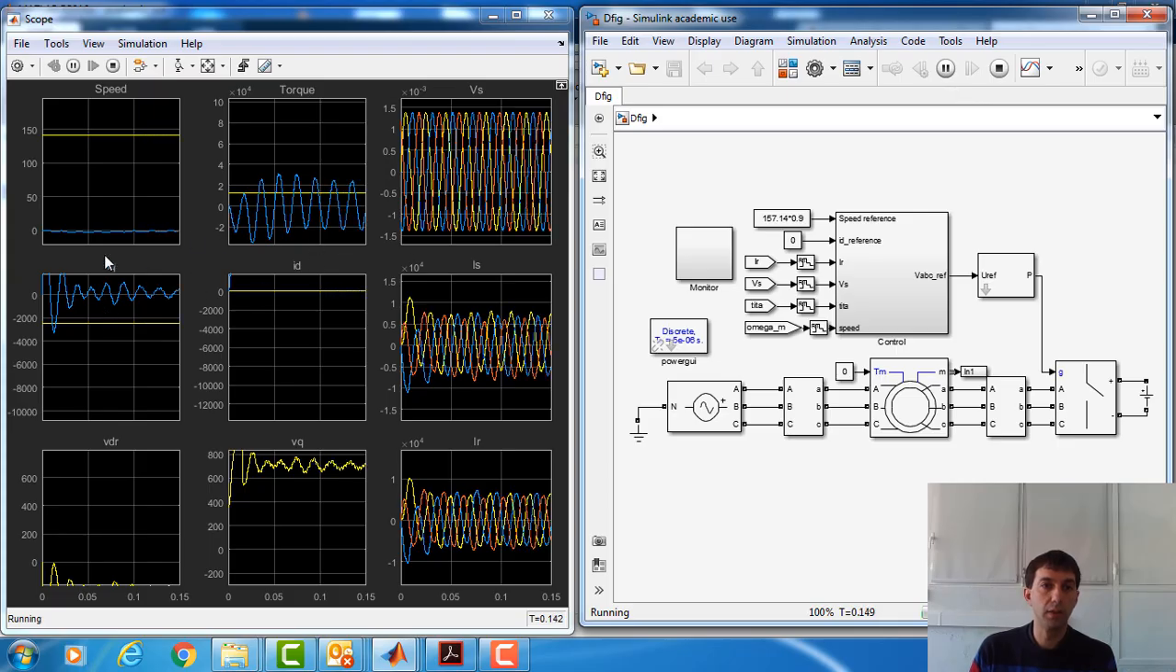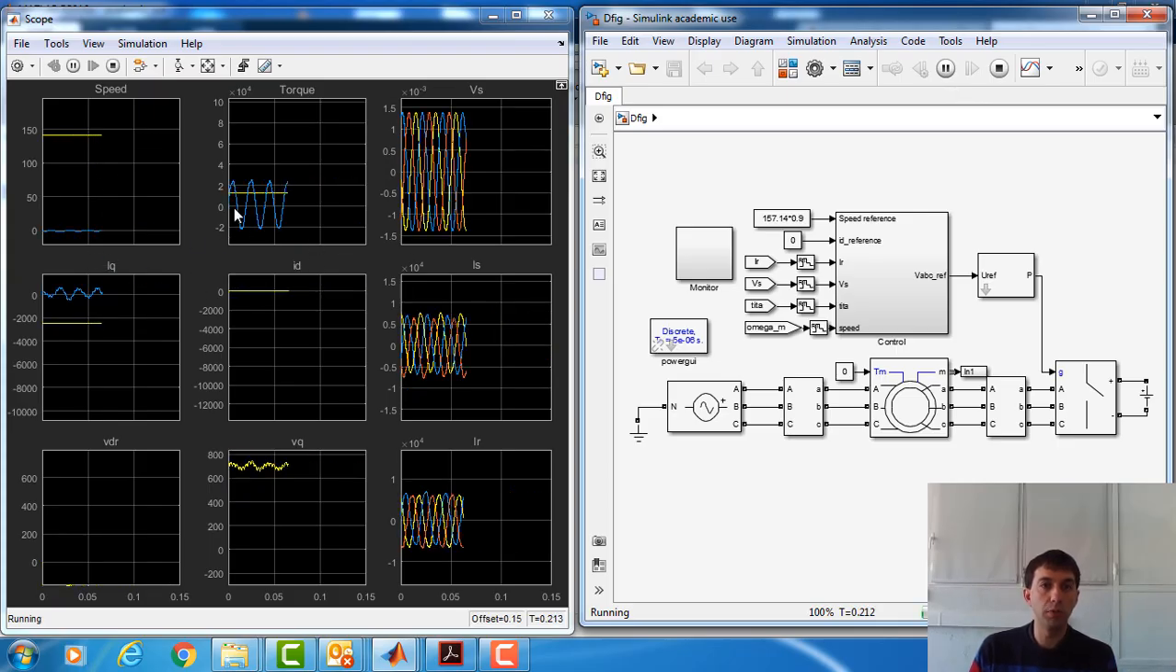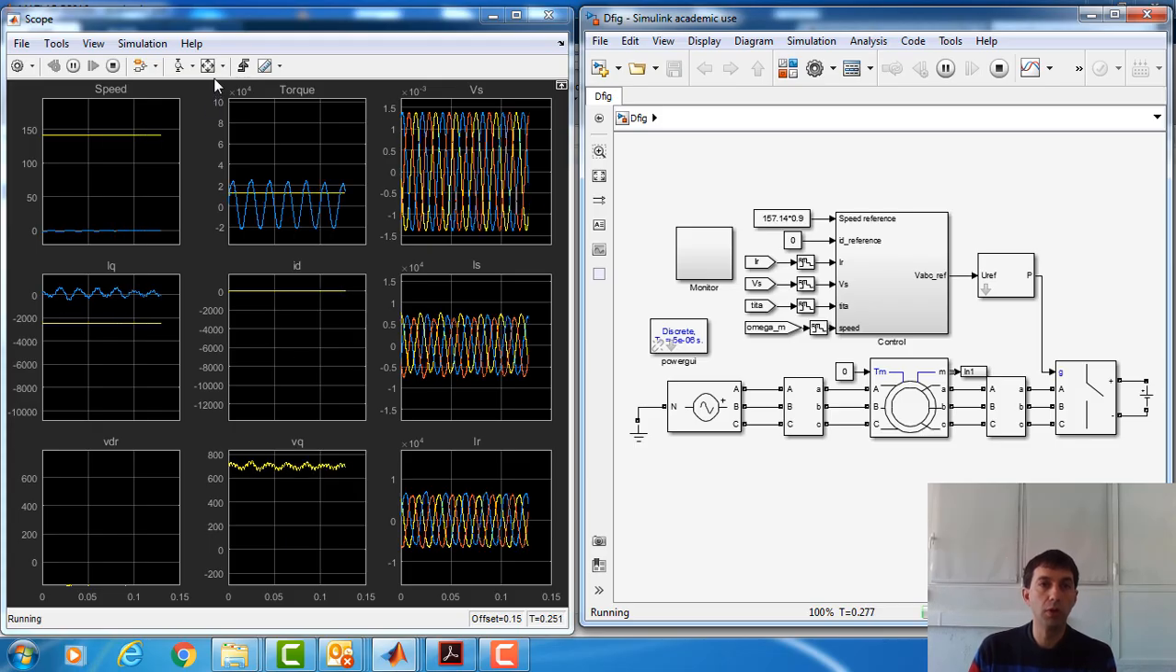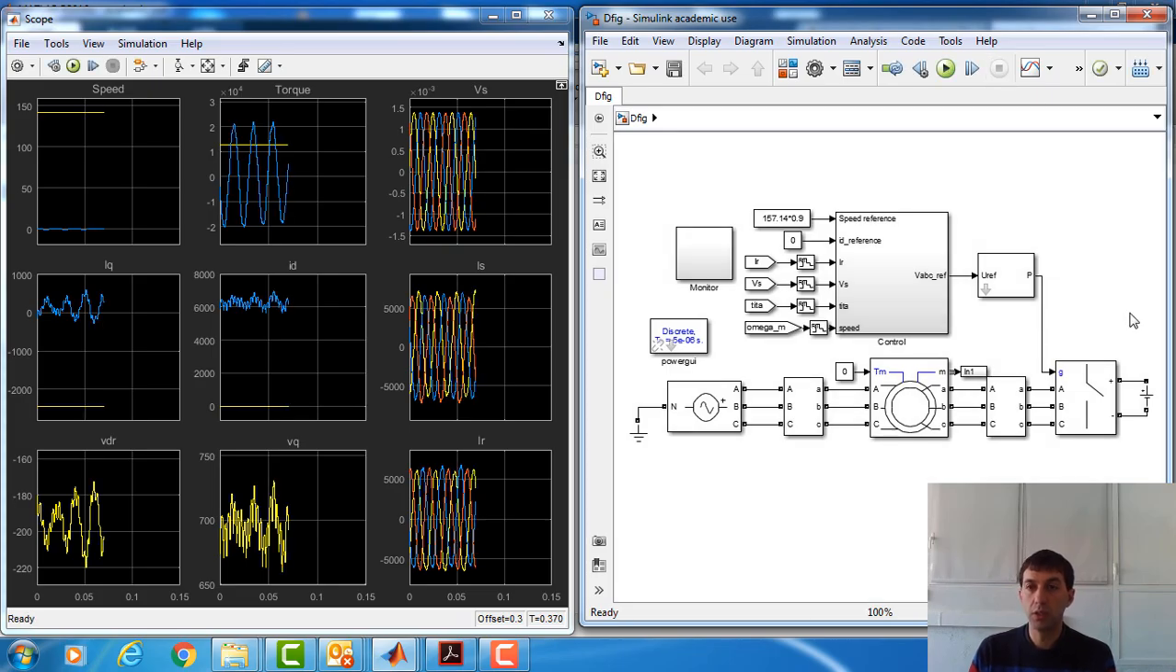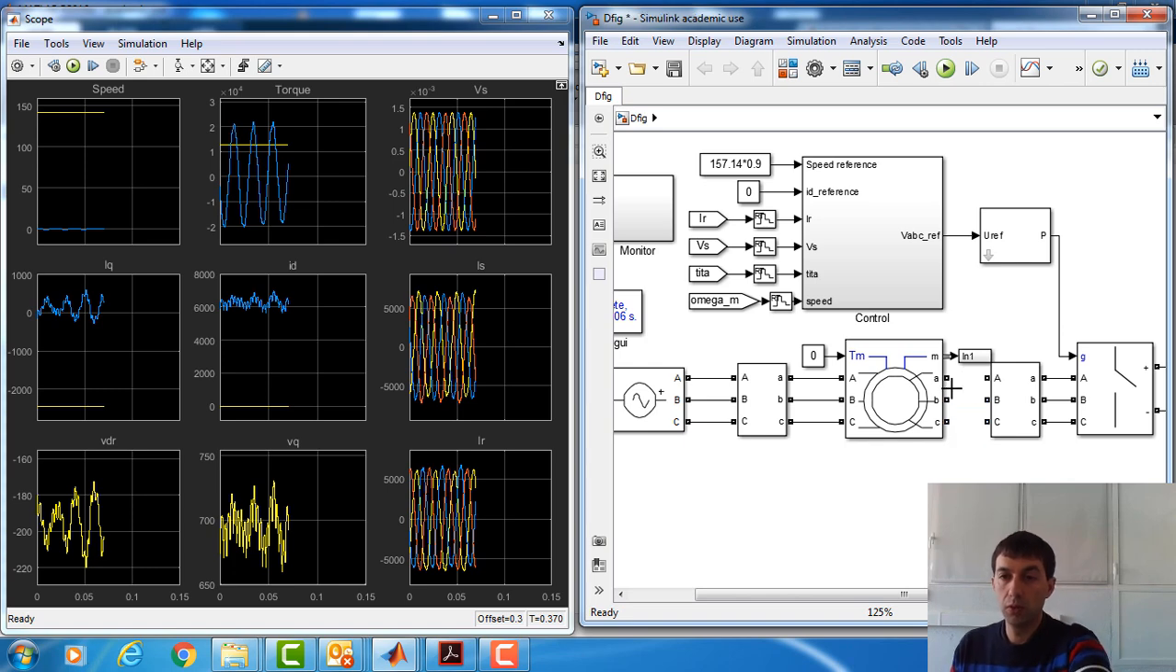It seems that there is no speed control because there is no torque control and so on. So there is something wrong in the system. Let's have a look. Yes. This block is just taking positive currents going out from the machine to the converter. And positive should be just in the other way around. Positive should be from the converter to the motor. Therefore, we need to change this block